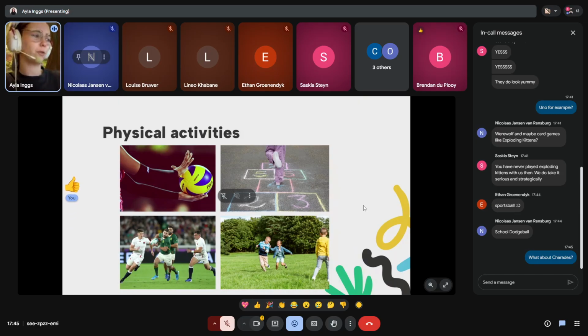Physical activities I do think require a little bit more setup. For example, sports and stuff, you obviously need your ref, or the certain kit that you need to wear. With kids' games, you need your area, like your hopscotch. With dodgeball, you need the balls. So I would say the main difference there is the setup and how quick it is. A sports game, for example, or charades could last a little bit longer than a simple party game. I guess it depends on how you want to structure it, but I think it could fit into both.